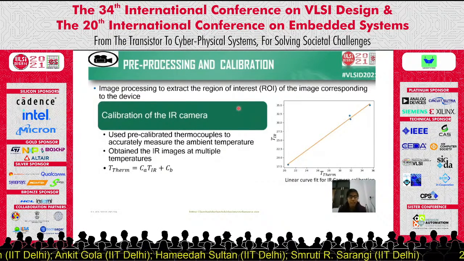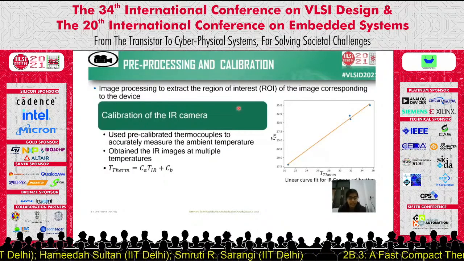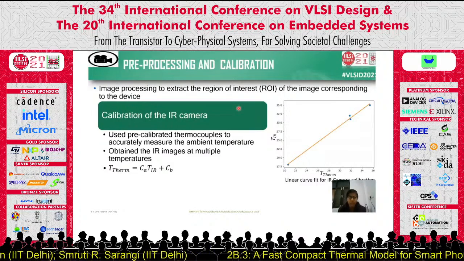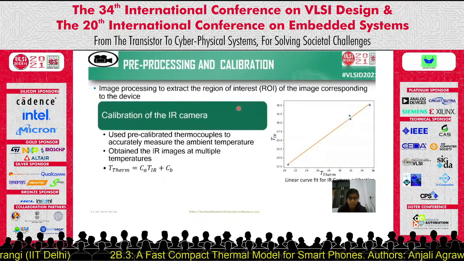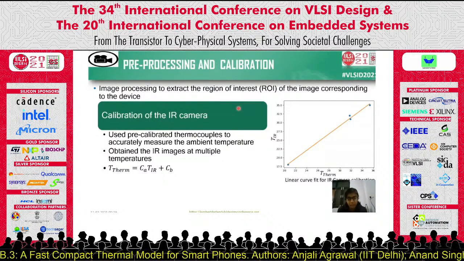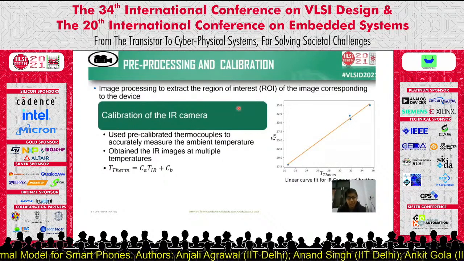Next, we need to extract the region of interest corresponding to our target device. For this, we have used the ROI as a mask. To find the ROI, we have used the Canny edge detector. First, we applied a Gaussian blur to smoothen the image. To detect the edge intensity, we calculate the gradient of the image by filtering using a Sobel kernel. To thin out the edges, we use non-maximal suppression.